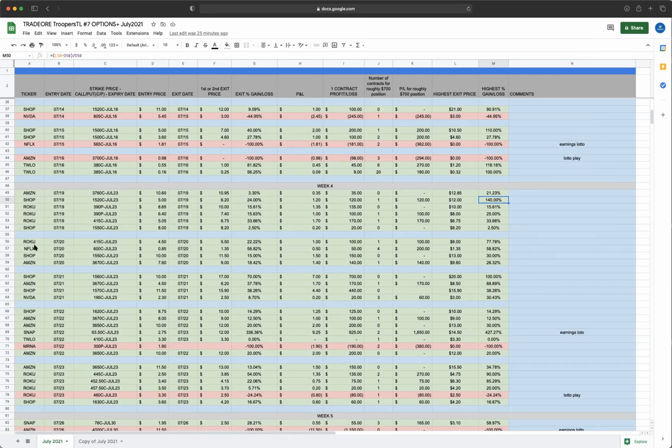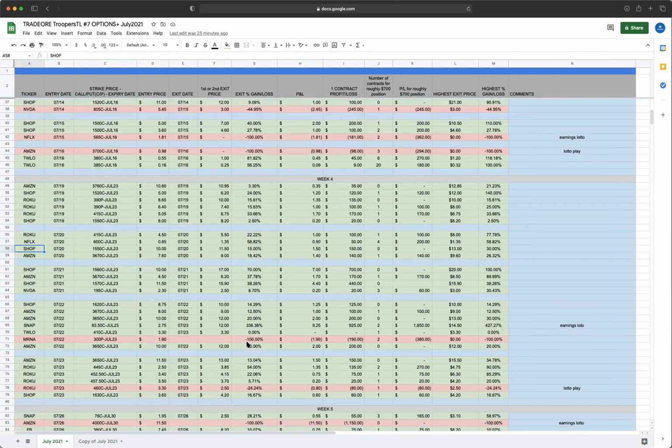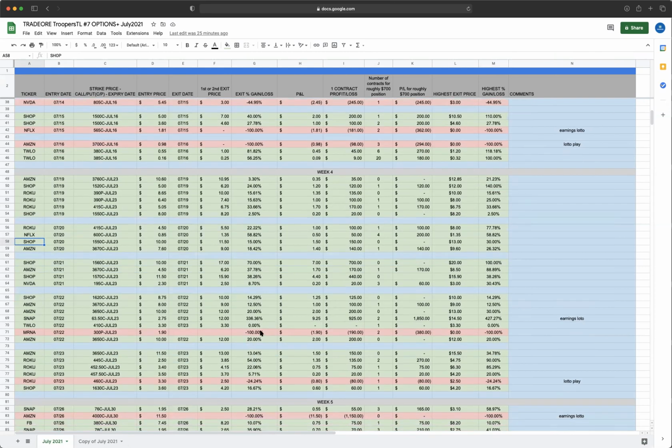The next day we traded Roku again. We traded Netflix for some good gains. We traded Shop for some good gains as well, about 30%, 26%. Overall, a solid week. Made, and again, the same mistake